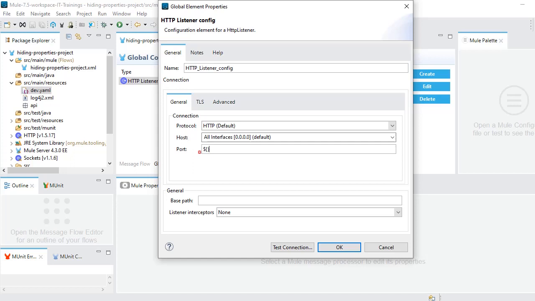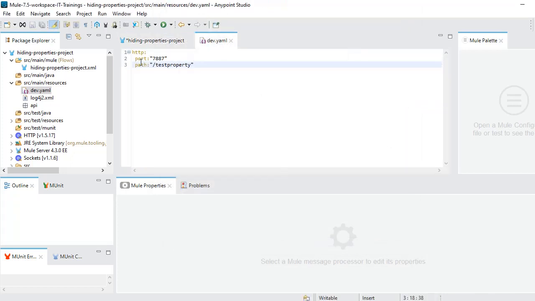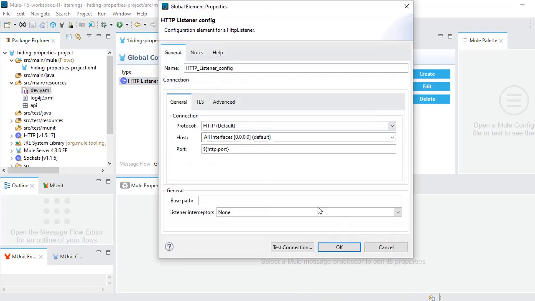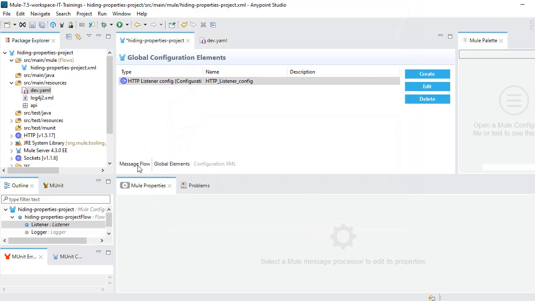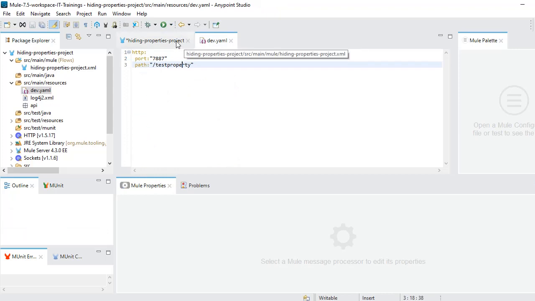This is the syntax. We need to give dollar, curly braces, and inside that we give the value http.port. This is the key we have defined in our properties file. We need to invoke it in this way. In the same way we need to externalize our path also. This is also given in our property file, right? So http.path.